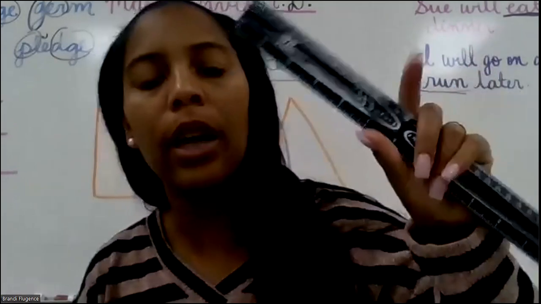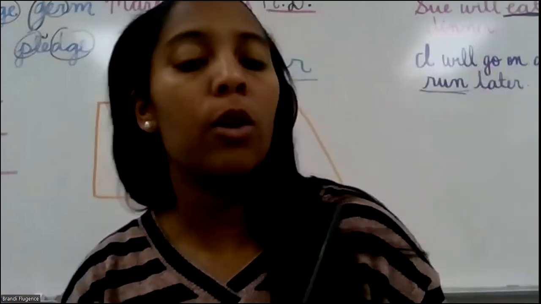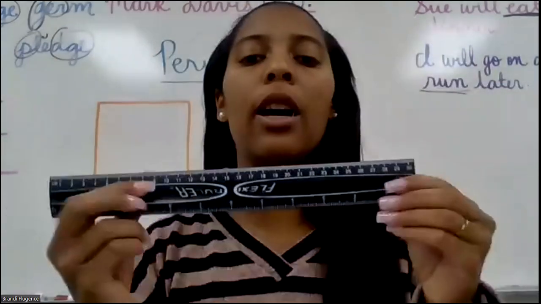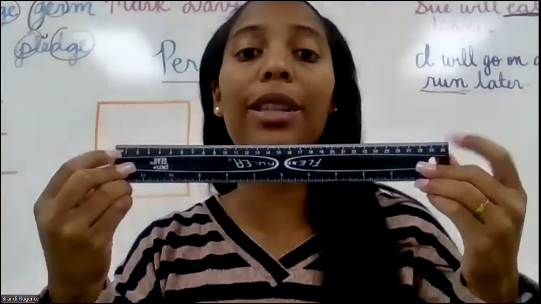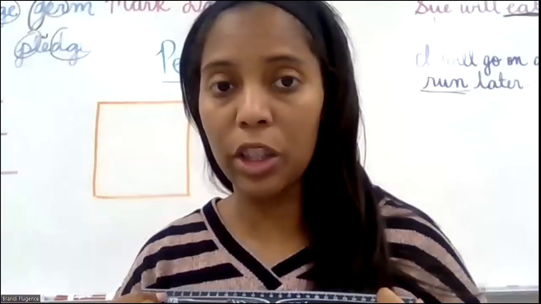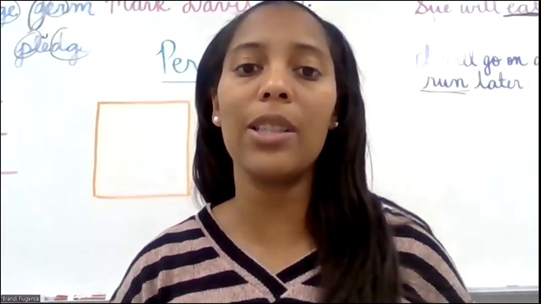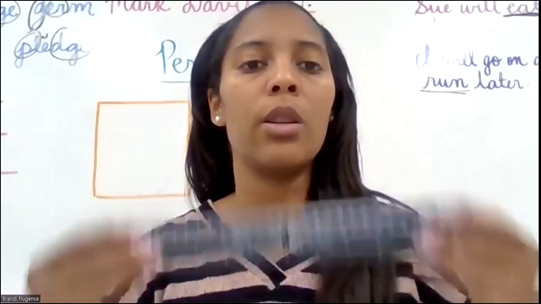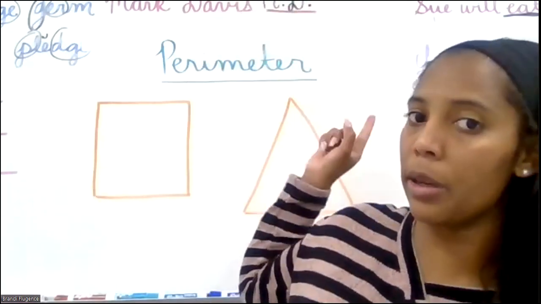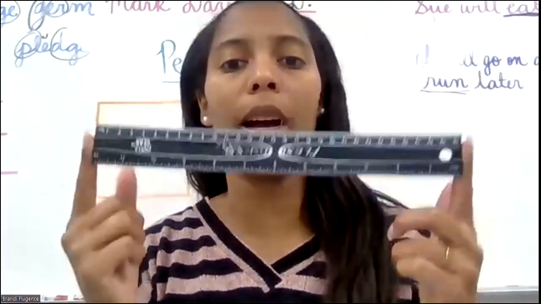Okay. So I said we would need our rulers because that's what we're going to use to find the perimeter of the shape. Specifically, we've been measuring using the inches side, but what we're going to do now is flip our ruler and start using the centimeter side. It's going to be super important when finding the perimeter of a shape. You cannot use the inches side. If you use the inches side, you'll get the measurement wrong. So when you see the word perimeter in your book, you use the centimeter side, okay?